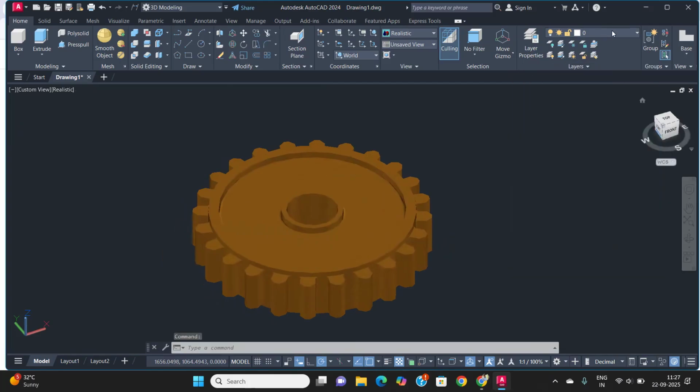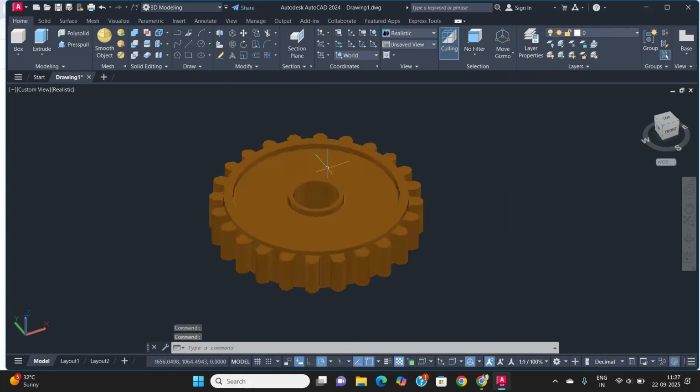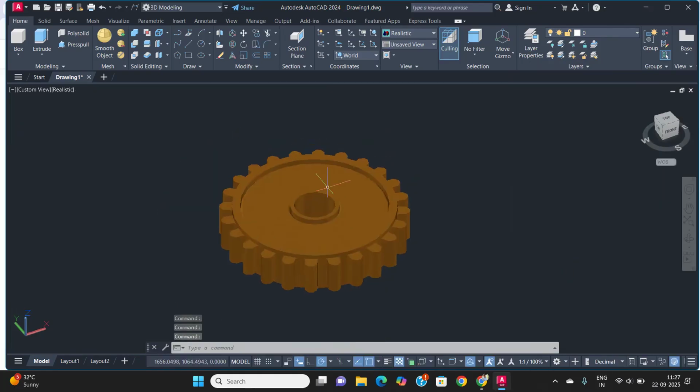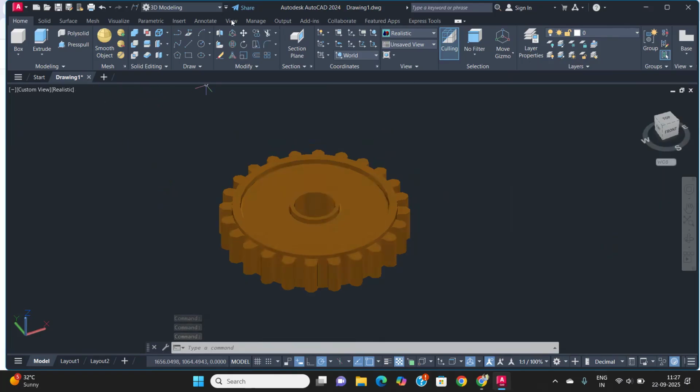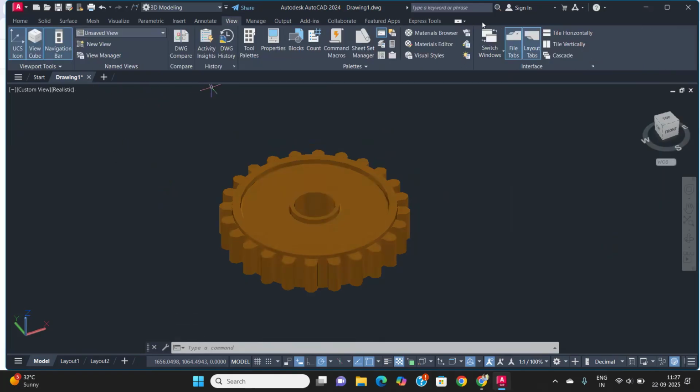And then if you apply the material browser inside your object, inside any part right here, then the next process you do is rendering. How to do the rendering? Same thing, we come here to the part's view option. Come to the view option, and inside the view option we have the